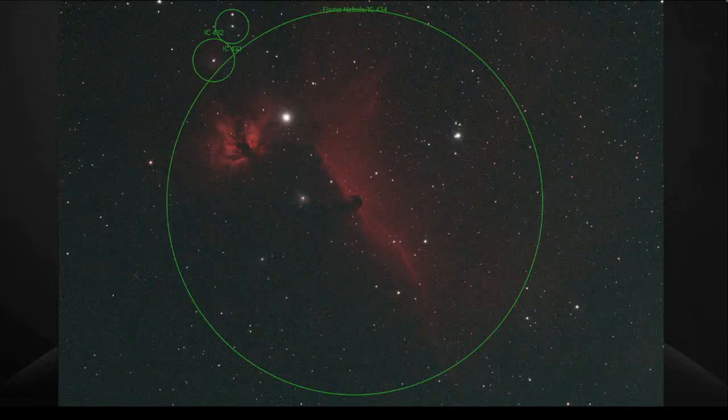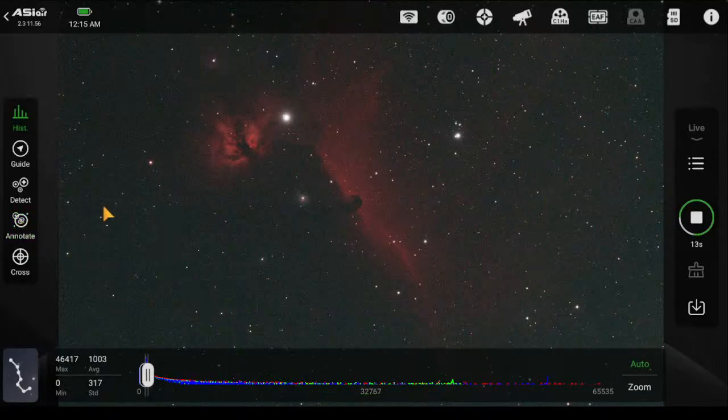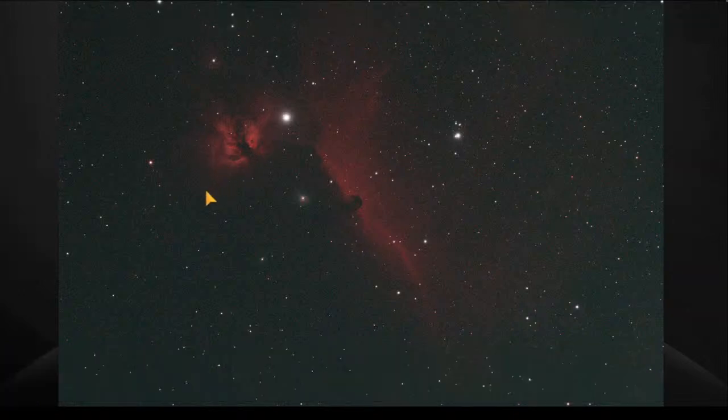I see it now. And it got real clear on that last stack. You can really see the horsehead shape in there. And up to the top left there is the Flame Nebula. This area here. Yep. For obvious reasons. Nice.